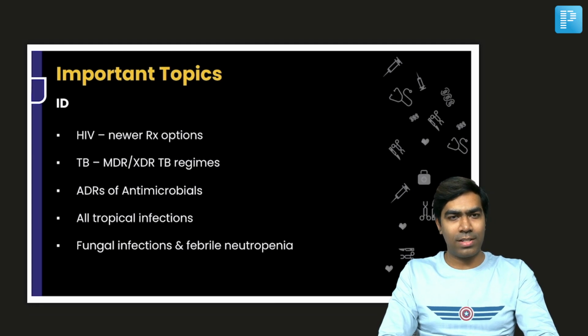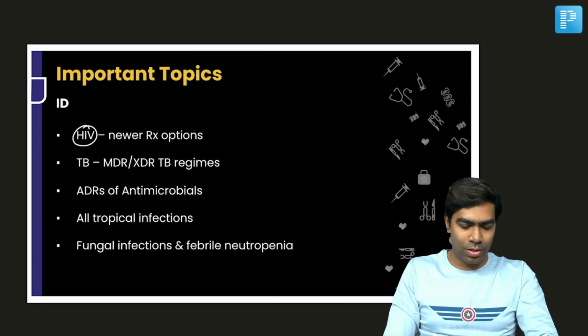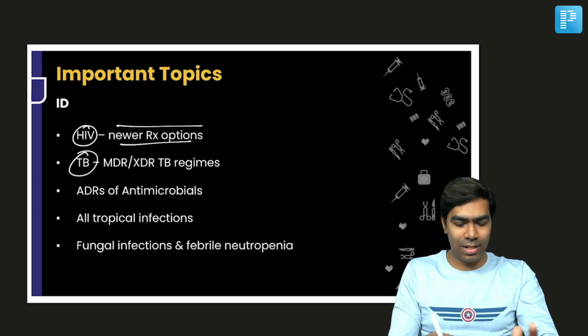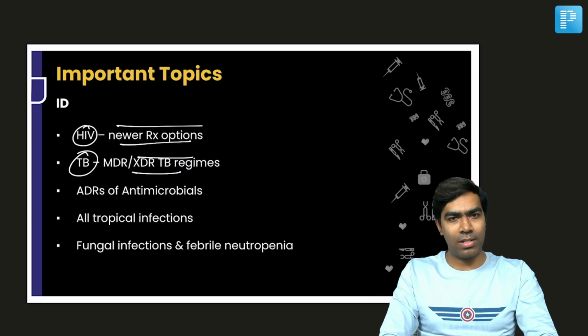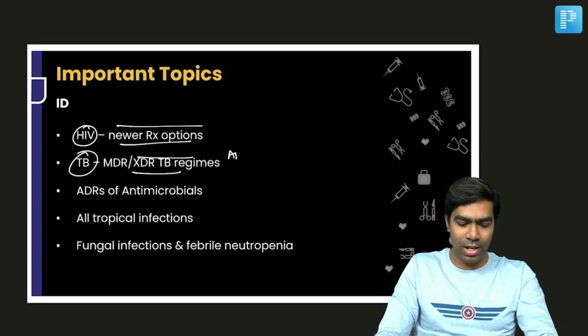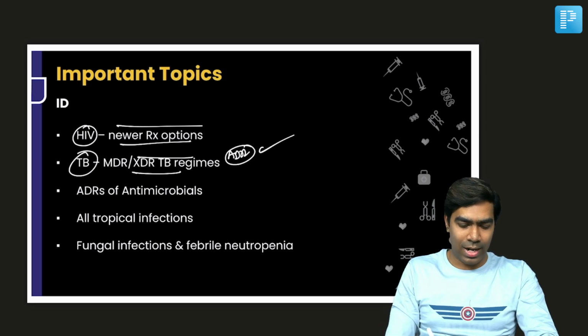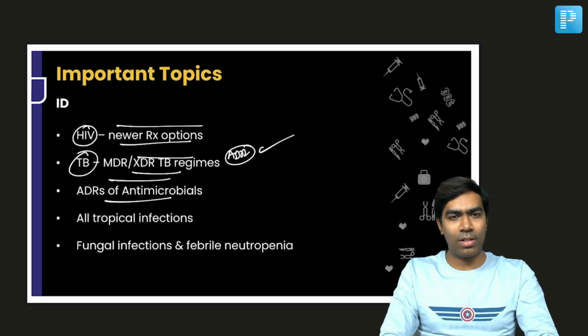And coming to infectious diseases, HIV, of course, is an evergreen topic, very important for exams. TB is such an important topic, especially at the SS level, they'll be targeting your MDR and XDR TB regimens, and especially the adverse drug reactions of antitubercular drugs are also very, very important. And as such, it's not only about the TB drugs. Adverse drug reactions of any antimicrobials and the interactions with other drugs are the target for your examiners,